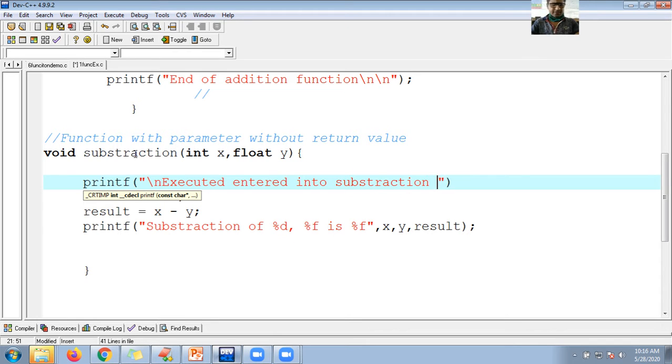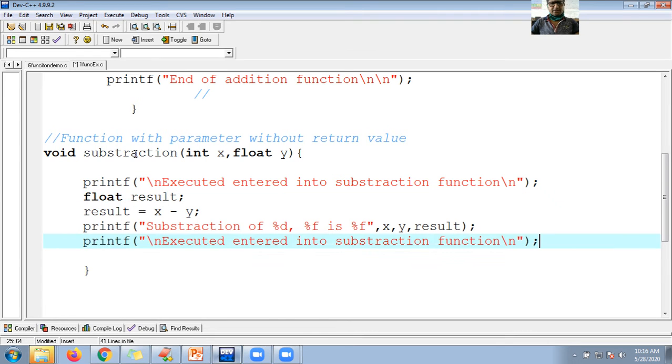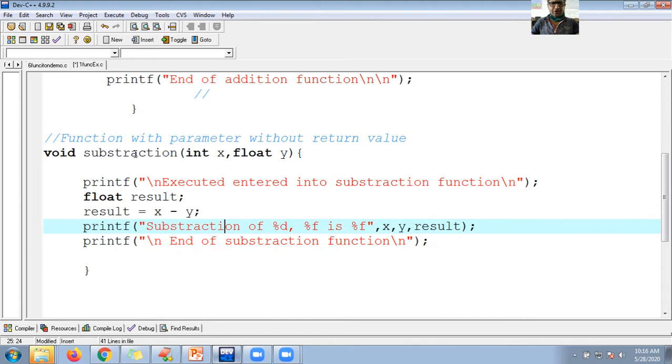This message is not required for runtime. For your understanding's sake, I am providing this message. Execution entered into subtraction function \n, or you can call it start of subtraction execution. And this is end of subtraction function, guys. Okay, are you clear now?